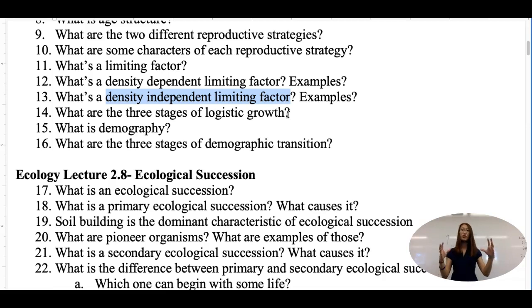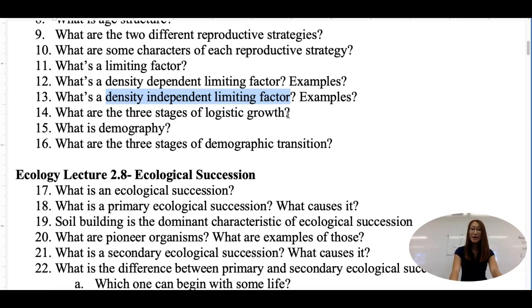Another example could be overcrowdedness or the amount of resources. The more individuals you have within this area and the denser the population is, the faster they're going to get rid of the resources, and they won't have enough resources if the population is very dense, right? So this is related to density.